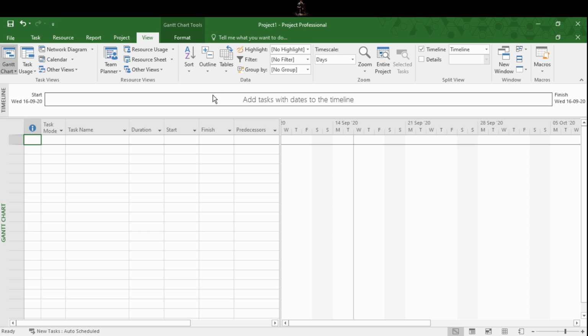So you may wonder why these icons are provided at the bottom right corner of the screen when we have the options available already. The reason is that these icons are used very frequently by users while using MSP. It becomes very handy to switch from one view to another, taking less time than other methods.